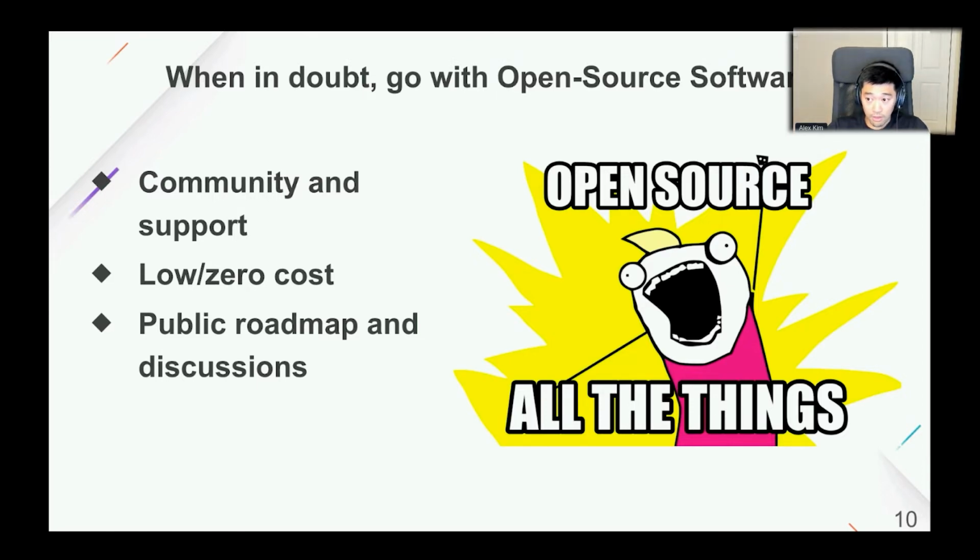Because it's open source software, it's free to use, and it's typically either zero cost or low cost to set up. Right? So that's the second benefit. And finally, because everything about the development of open source software is public, you get to see the public roadmap and discussions about upcoming features, what the team is planning to implement, what they're planning to deprecate, etc. So you have that heads up, which typically you don't have when you deal with